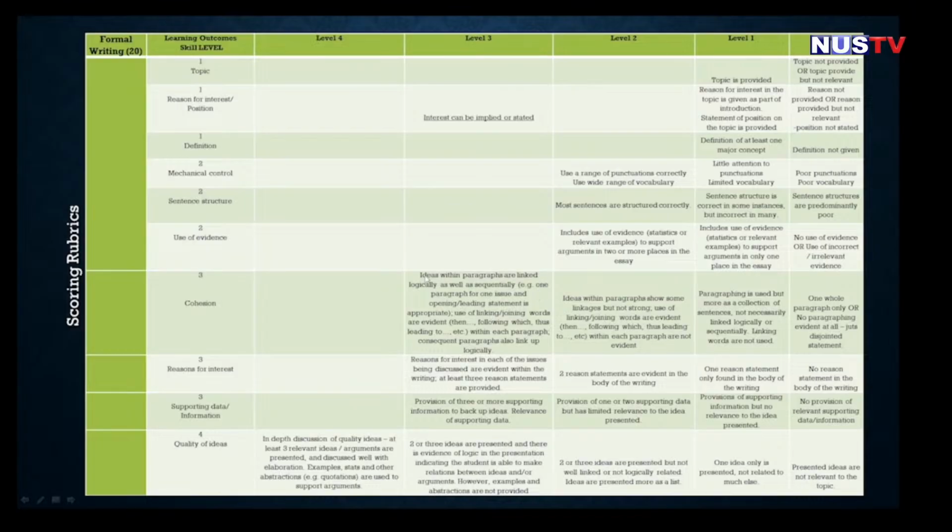Okay, so if throughout your essay you make use of transition words as much as you can, and your points are well linked, your paragraphs are well linked, then you can get skill level three scores from that. And so the same goes with skill level 2. If you use transition words but you don't use as many as expected, then you would get 2 marks or 2 scores.